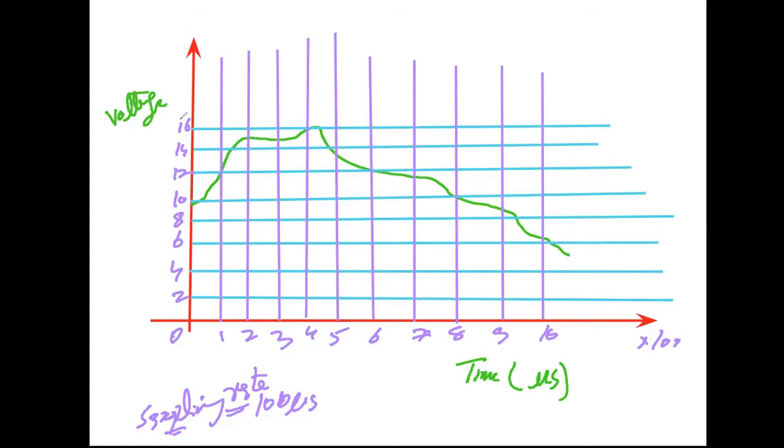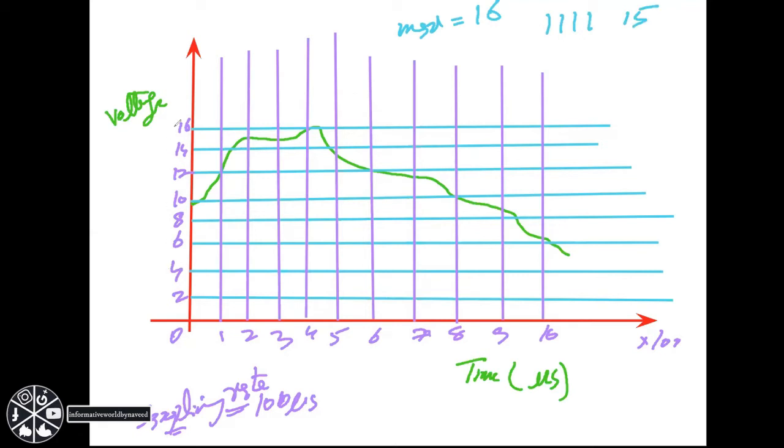The output is up to 16. The maximum value of voltage is 16. Through 4 bits, I can identify decimal numbers up to 15. In 4 bits, I can get up to 15 in decimal. 2 to the power 4 is equal to 16, and 16 means 0 to 15.